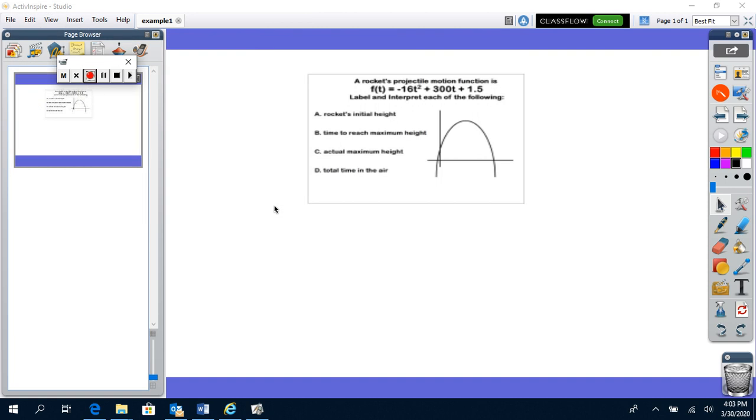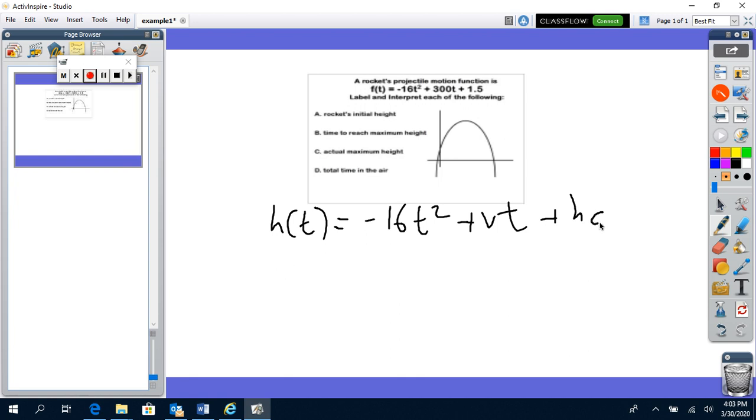Okay, so what we'll do now is we're going to look at an actual example. Here we have a rocket's projectile motion function, f of t. If you remember back to our original equation, h of t is going to be minus 16t squared plus v of t plus h0. And if you remember, v of t,